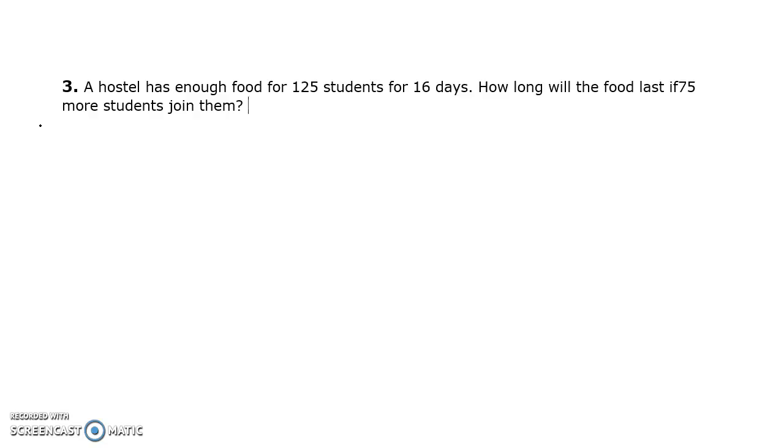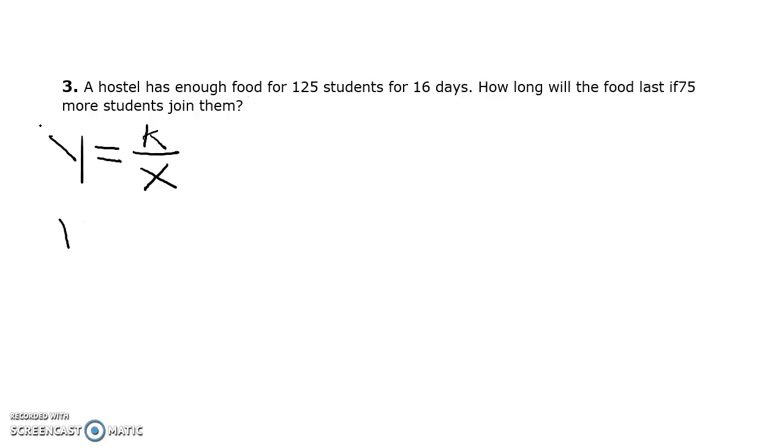We know that the inverse proportion formula is in the form of y equals k over x. k is the constant of proportionality. Basically, what that means is how much total food is available for all students to actually consume in this situation. So I'm going to let y be the number of days that we have for